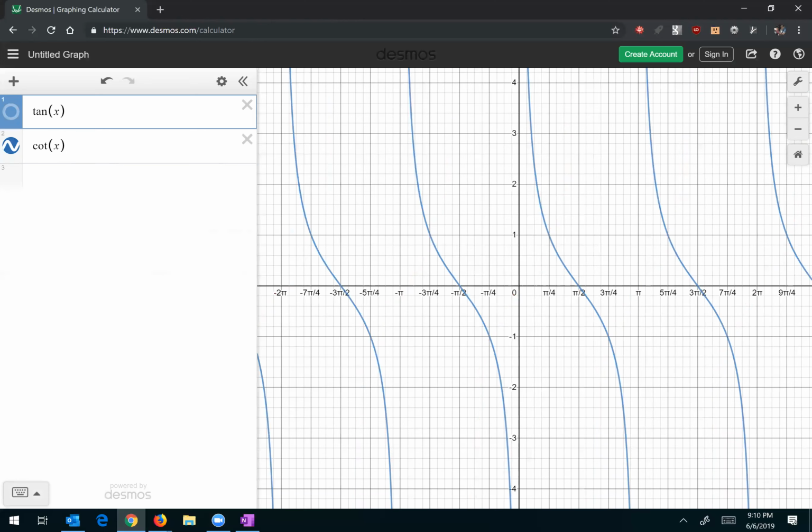It goes down, but it's still at its midpoint, it's on the x-axis. And if you go halfway to either asymptote, it's 1 or negative 1. So cotangent of pi over 4, cotangent as cosine over sine, is 1 because cosine and sine are both square root of 2 over 2 at pi over 4. So whatever the value, however much you've gone up or down from the midpoint, halfway to the asymptote is your